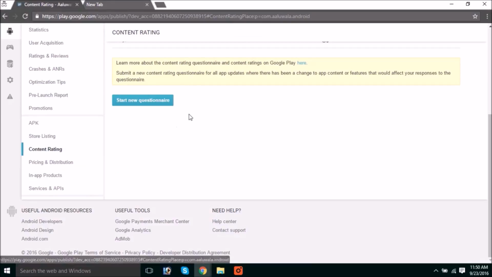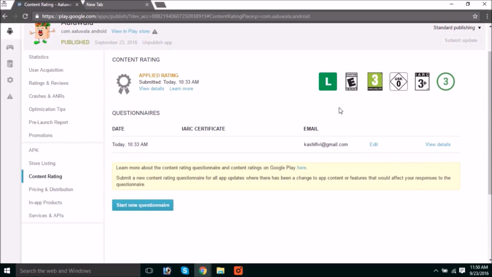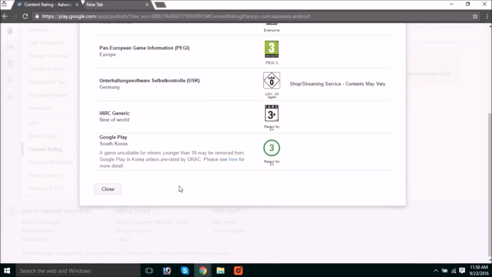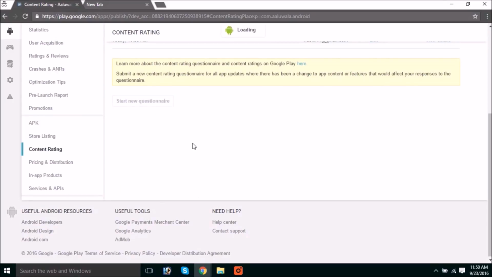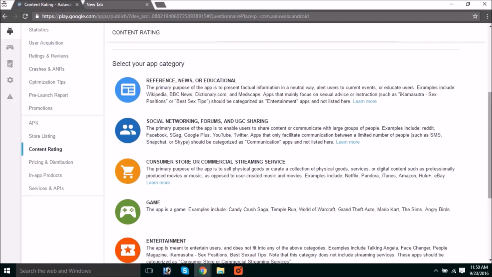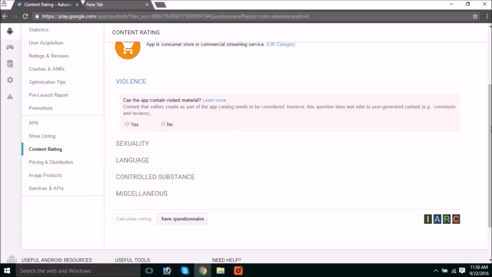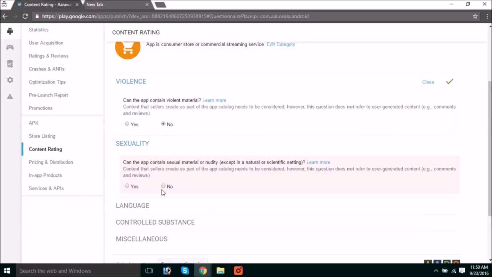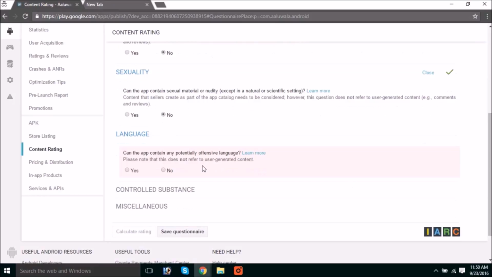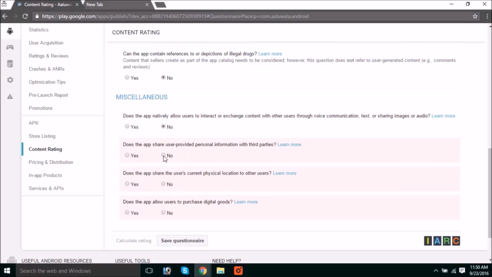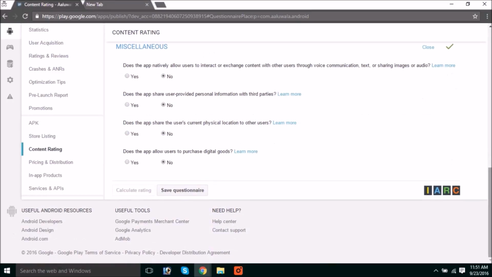Now this content rating area is a questionnaire part where we will give the information about our application, what the application is all about, and at what age people can use this. Suppose it is e-commerce, so my site do not have any violent material, any adult content, no. Language offense, no. No. And everything, no. Instead of, if you are dealing with the medicines or drugs, then make it yes, otherwise every button will be no.